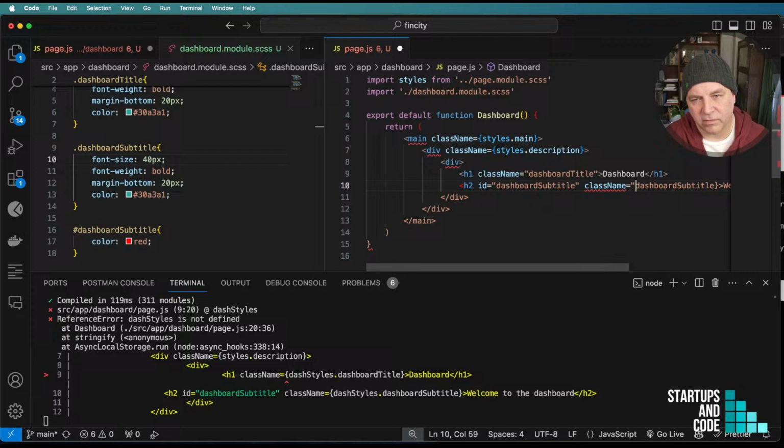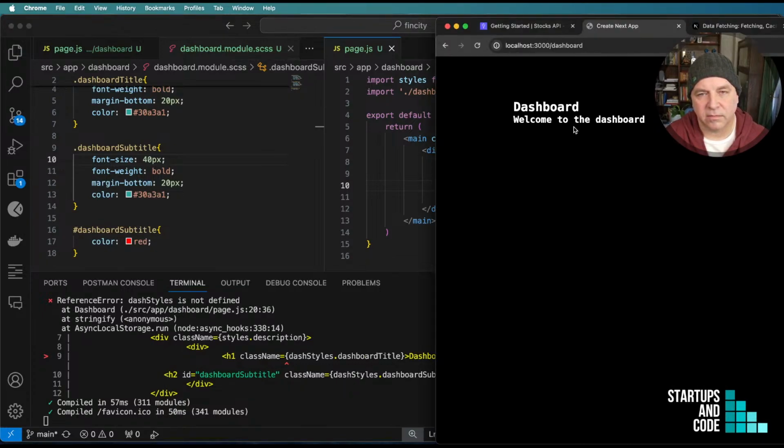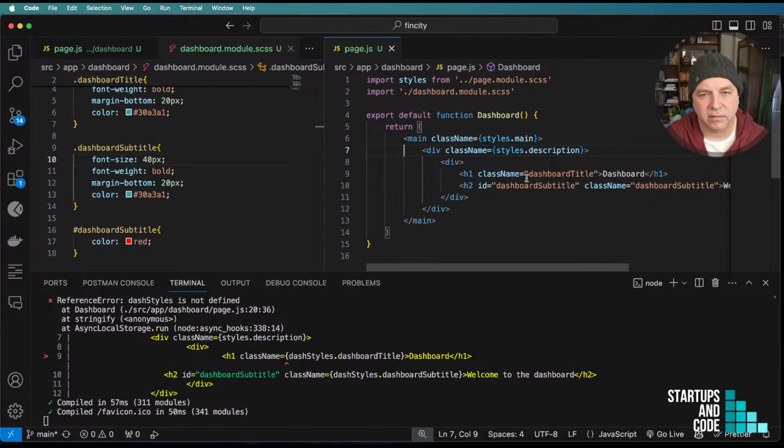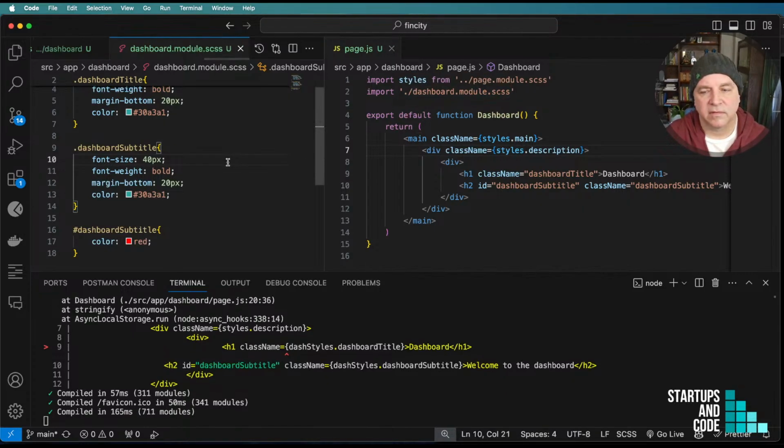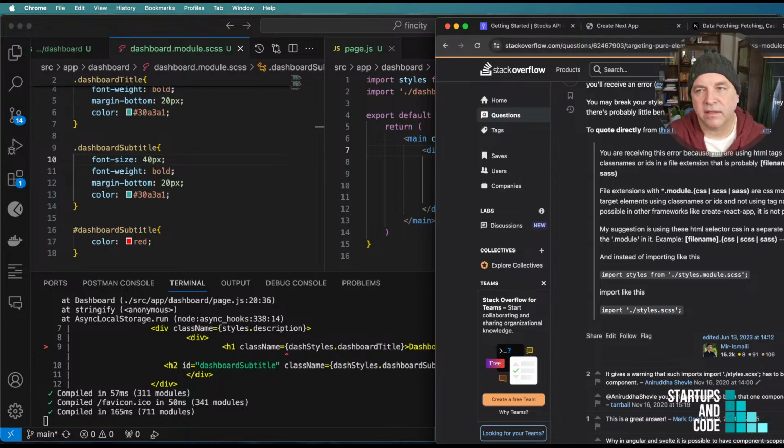And this will solve the class name. And open the dashboard. Great. So import dash module CSS. That should be good. And I think what's happening is